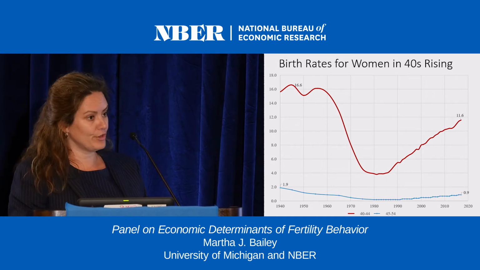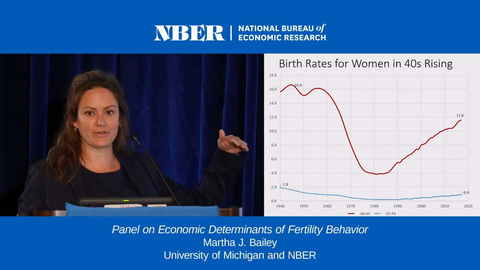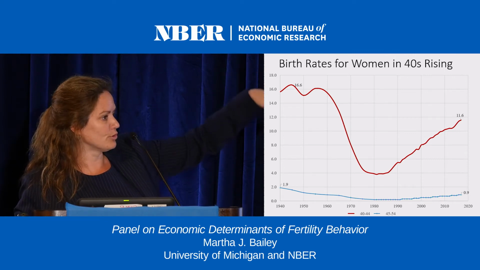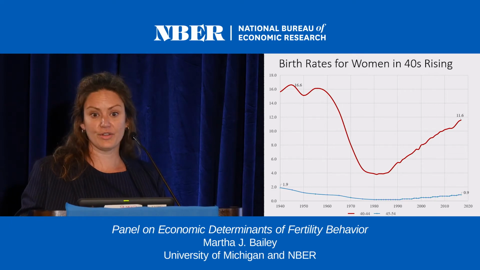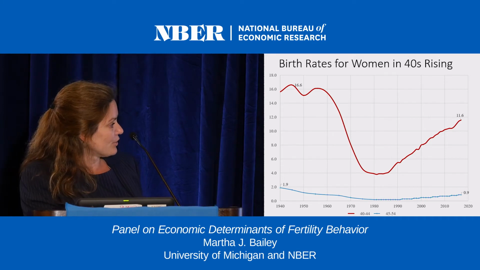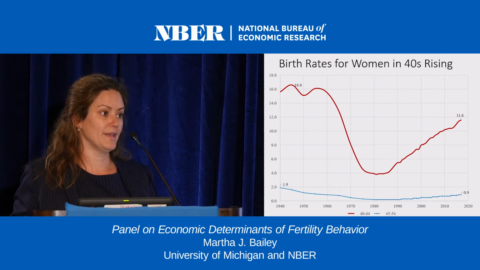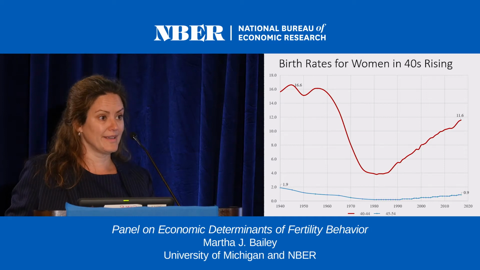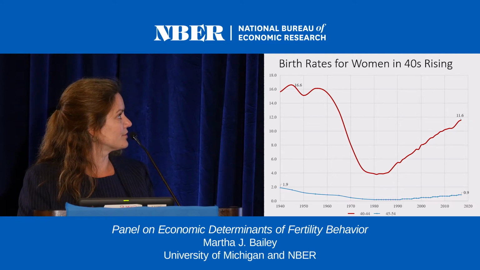And the other thing I'll note, this is where historical perspective is interesting, in case we think we've reached some sort of biological constraint on what's possible, it's in fact still lower. We could actually quadruple and still be a little bit below baby boom levels. So there's still some space to go, presuming there hasn't been a massive biological shift in what's possible. And you also see here that rates of childbearing for 45 to 54-year-olds, and this is mostly for women in their late 40s, could double and still be right below baby boom levels.